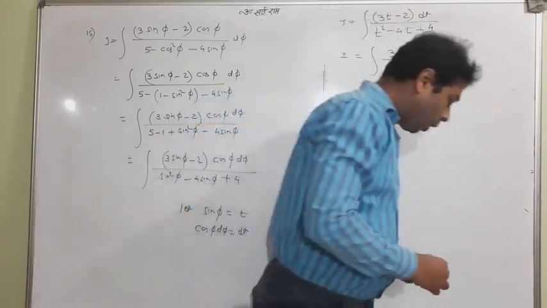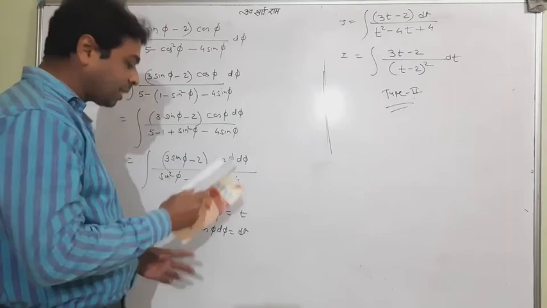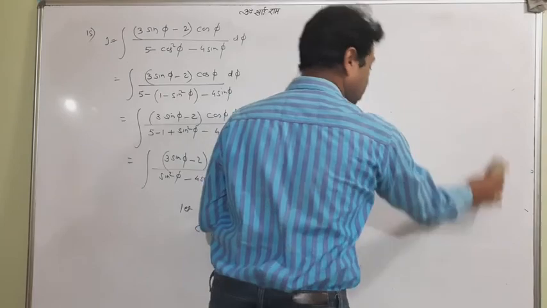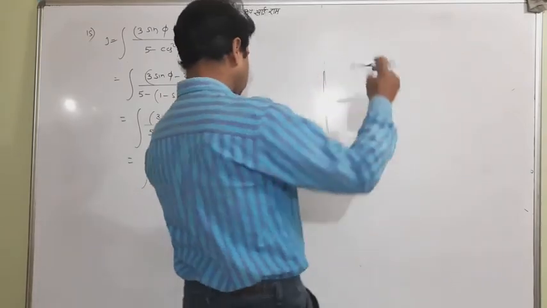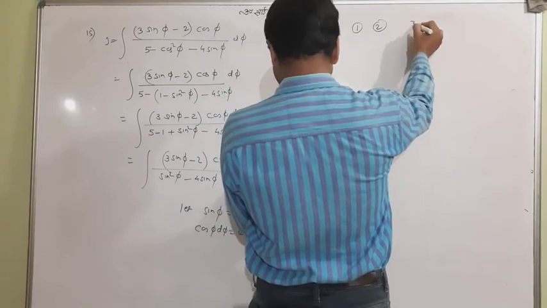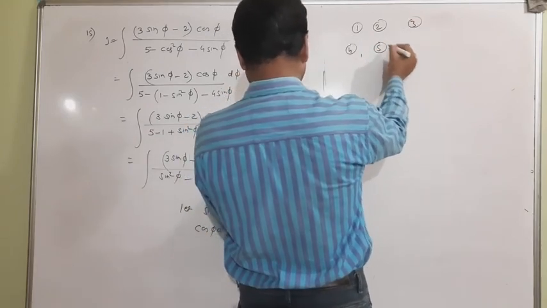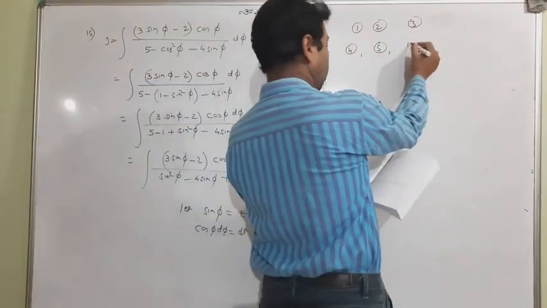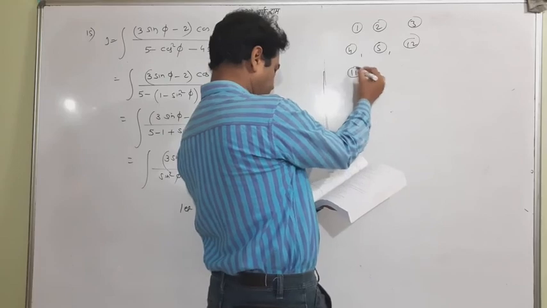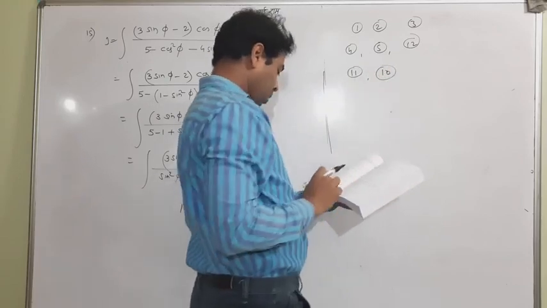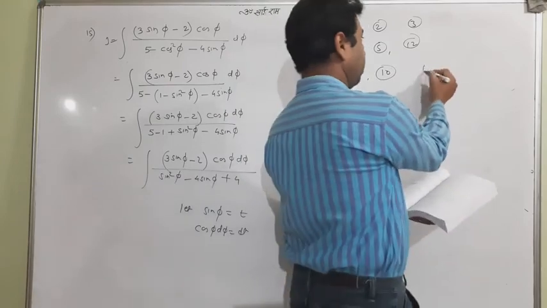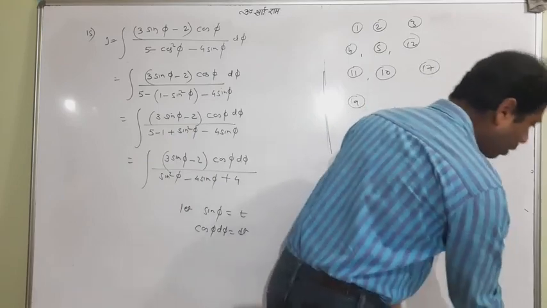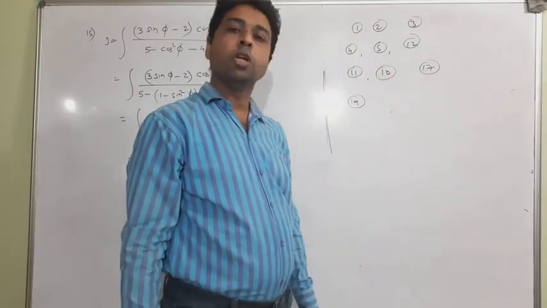Okay, so now your job is to do only the exercise, and I'm writing some question numbers that you will do. In the exercise, question number 1, 2, 3, 4, 5, 12, 11, 10, and question number 17, 19. These questions are based on type 1. So please do them. Tomorrow we'll continue that. Thank you.